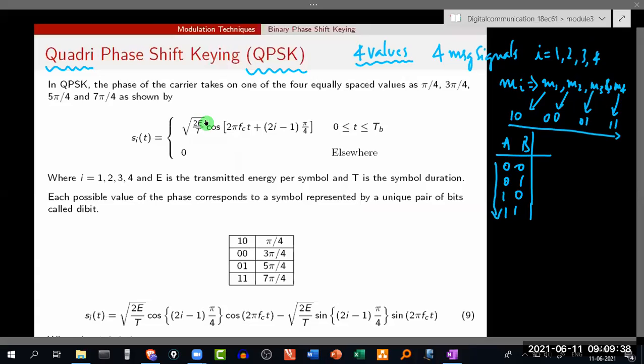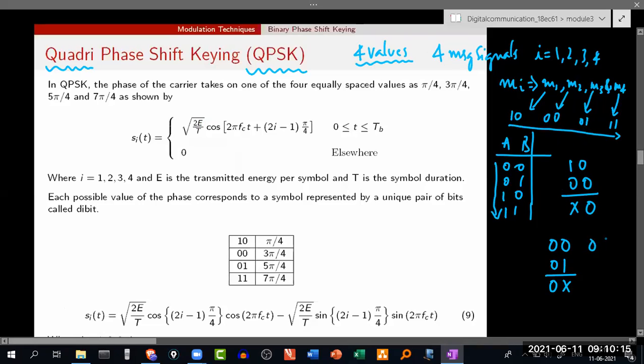So I'm using this because if I compare any two adjacent values, it is differing in how many bits? So if I take up these two values, 1 0 and 0 0, here this portion is 0, whereas I can only find change in this portion. Likewise, if I compare 0 0 with 0 1, here 0 is same, whereas change is happening in this portion.